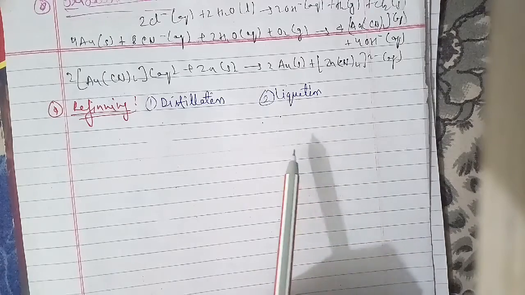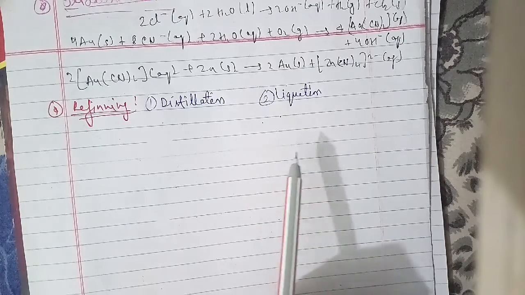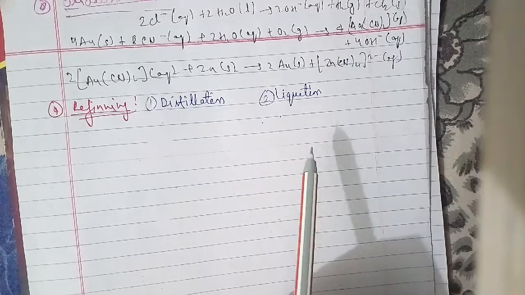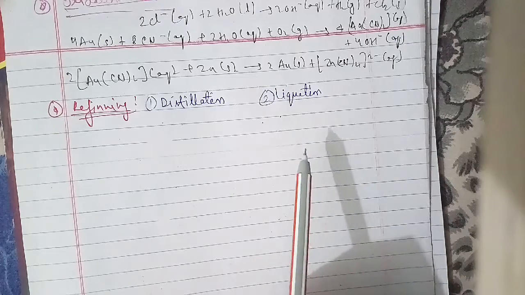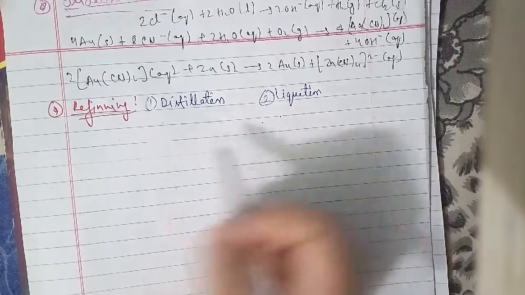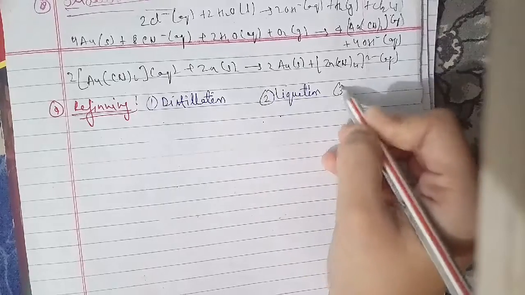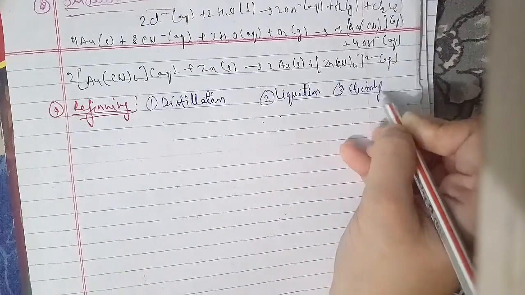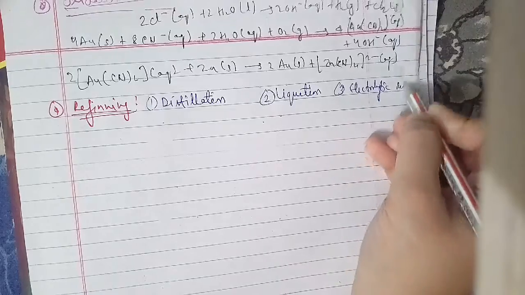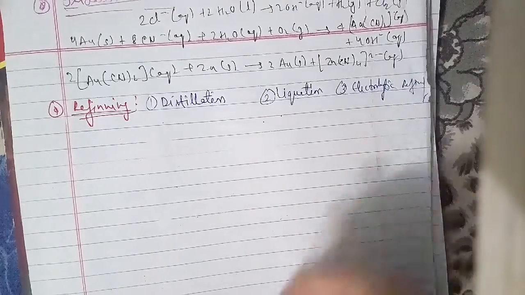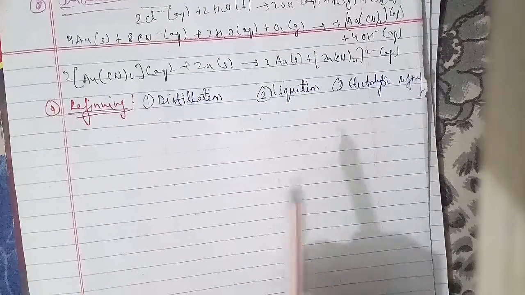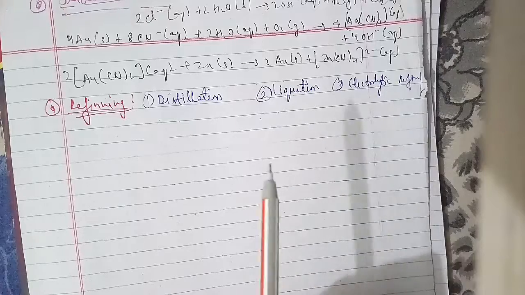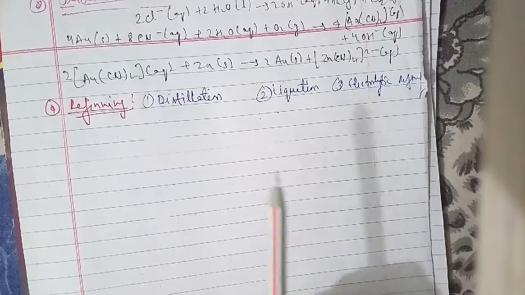For the same case, in terms of copper, the copper is refined using an electrolytic method. The anodes are impure copper and pure copper strips are taken as cathode, and the electrolyte is an acidified solution of copper sulfate. The net result of the electrolysis is the transfer of copper in pure form from the anode to the cathode.